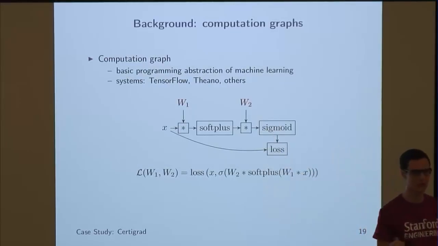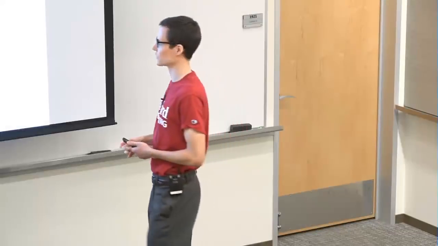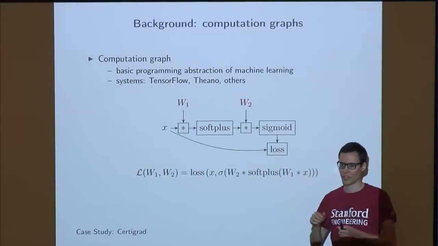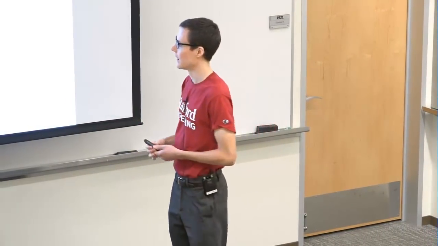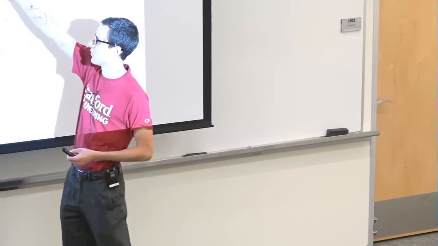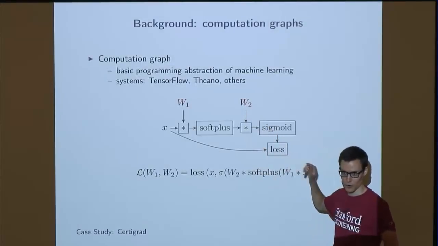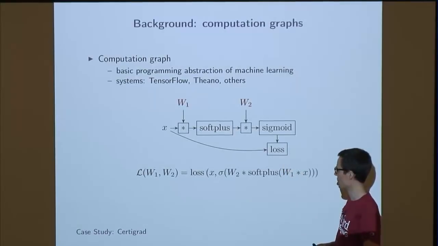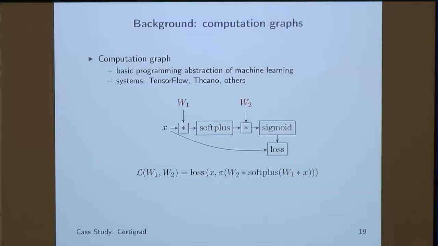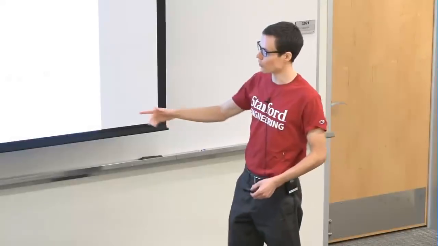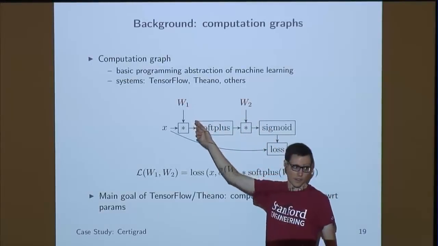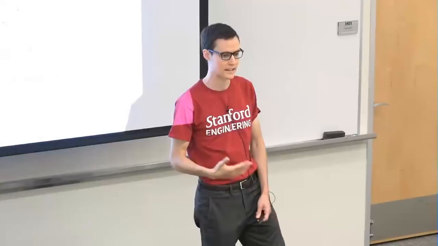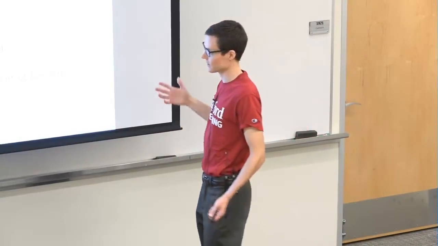Usually if you're doing image recognition, your loss function will be how much probability you assign to the correct human labels. The point is that you want to assign more probability to the labels that the humans provided. The goal is to find W1 and W2 that will minimize the loss, or make the loss small. The way you do this is by computing gradients. The main goal of these machine learning systems is to compute the gradient of the loss function with respect to the parameters. And then the standard learning algorithm is called stochastic gradient descent, where basically it's very simple.